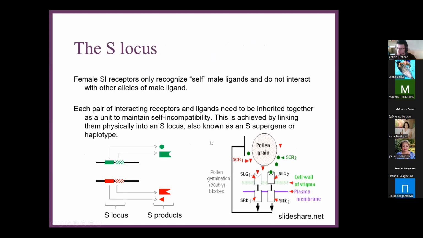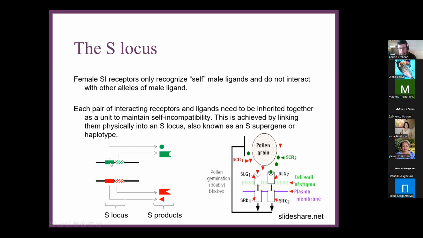And so this explains why it needs a special supergene structure of two different genes that are linked in the genome, because that interaction needs to be specific. So you can see it here shown as a cartoon. So here are the male and female expressed genes.